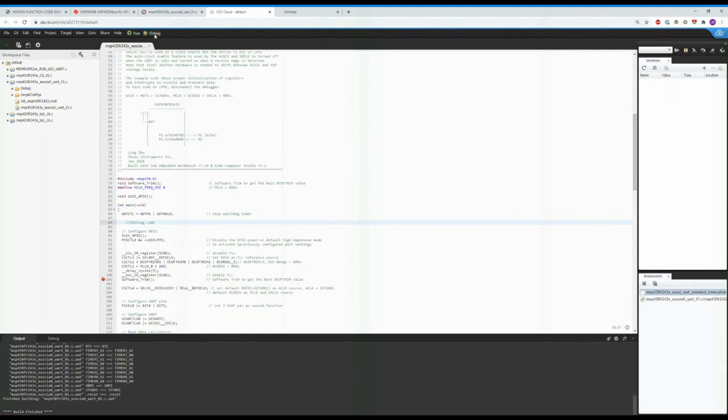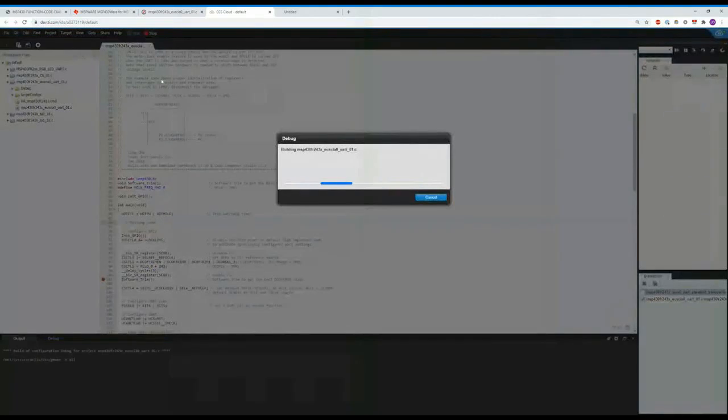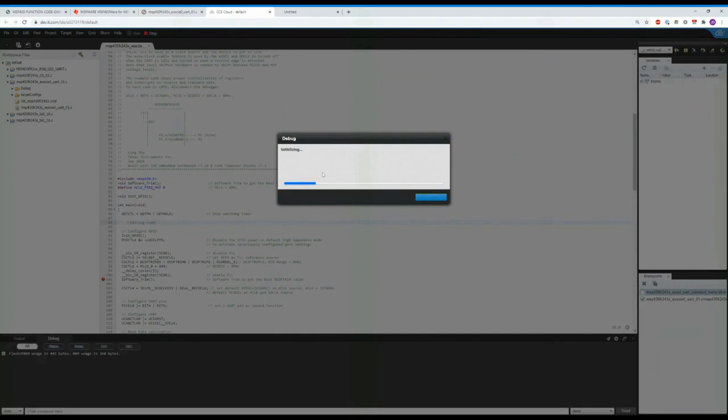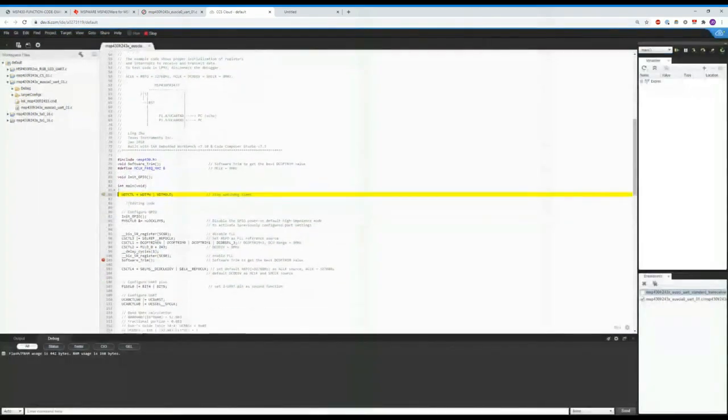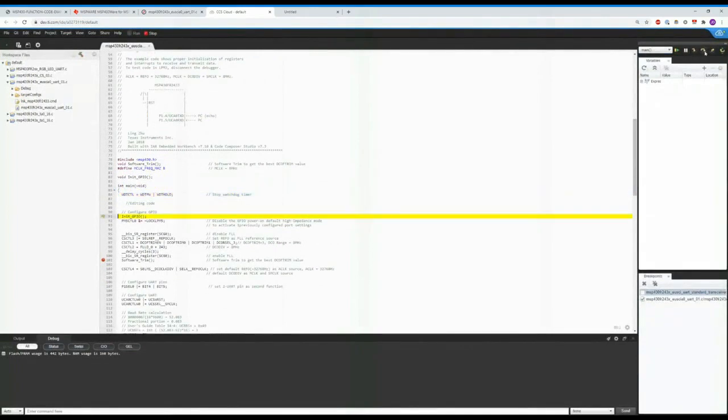Looks like we were already debugging, but if we come up here, we can click this little bug at the top and enter a debugging session. This is actually going to flash this code down onto the LaunchPad that I have plugged into my PC with a USB cable. This is going to flash in the example and give us basic live debugging control. You have some step through commands over here on the right. You can step through and make sure your code is working correctly. Here you can set live breakpoints and run to those just to make sure that everything is working as expected.